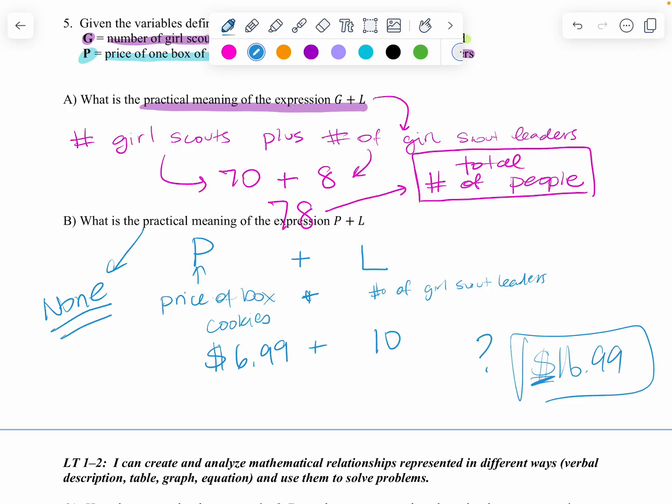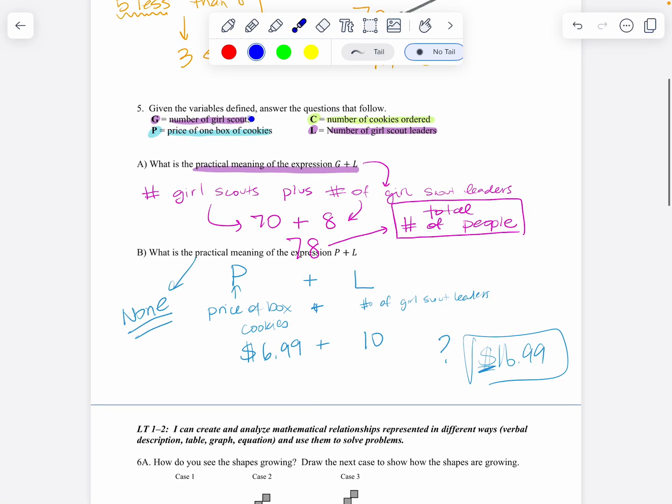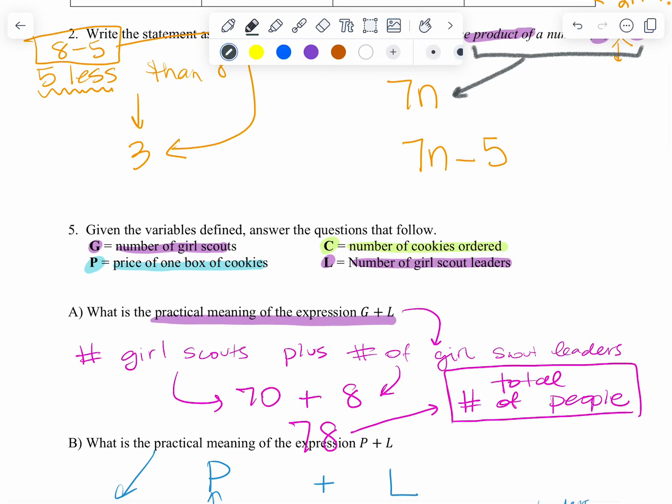I can put different letters together. I did that up here. See, these were different letters, but they represented sort of the same thing. That's why I color coded them. G and L represent sort of the same thing. So we can take different letters and make meaning out of them. Sometimes we put letters together and it has no meaning. And again, the letters don't have to match. I can put C and P together too. If I multiply C times P,